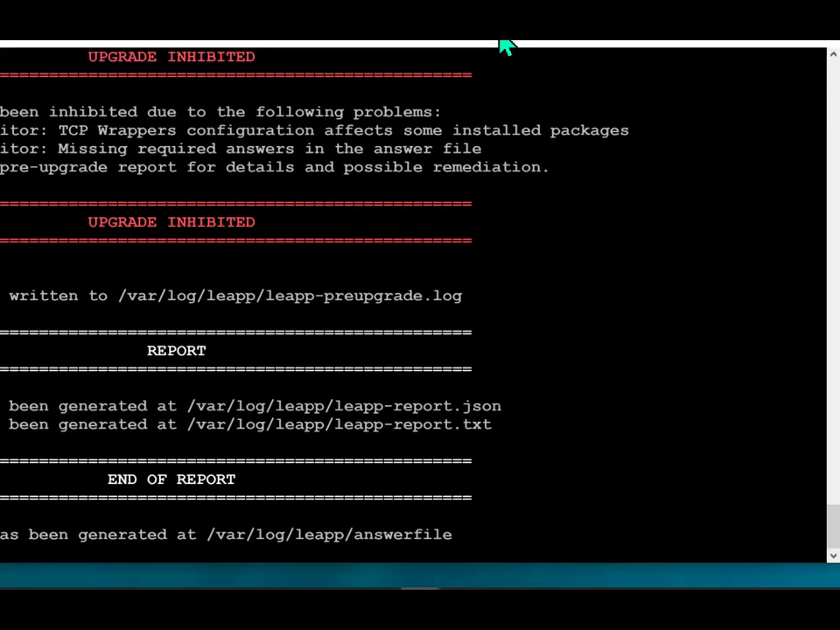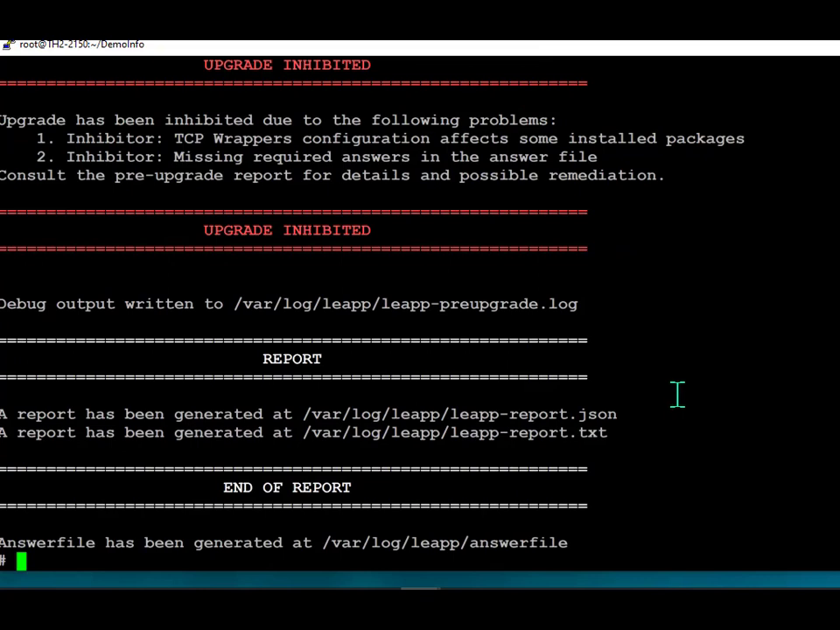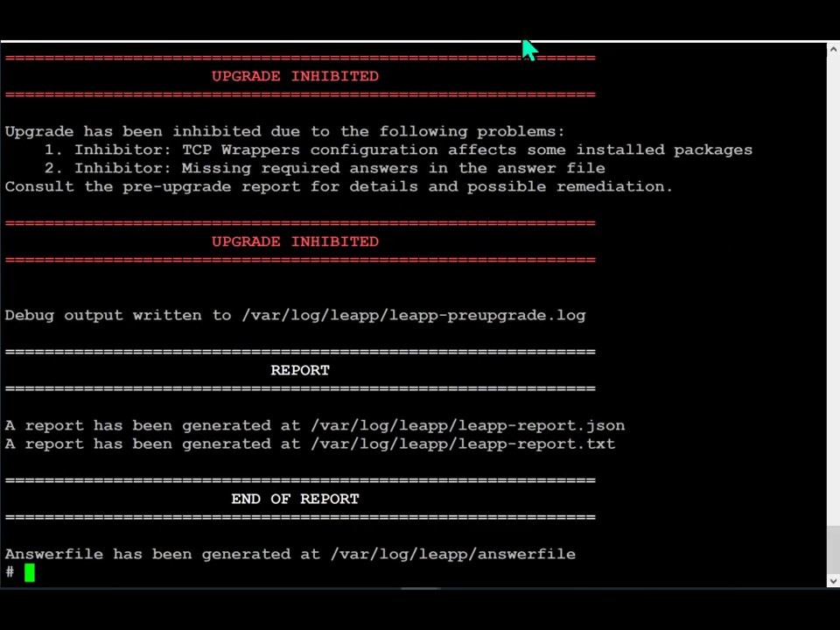Welcome back. As you can see, we happen to have some issues. I'm going to reposition this screen so we can see it. What's important here is what has happened. We can see that we have two inhibitors. One deals with TCP wrappers. One is dealing with a missing answer that needs to be resolved. These are very generic when they're listed. This is one of the reasons why it becomes very important that if you want to see the details, it will be in this